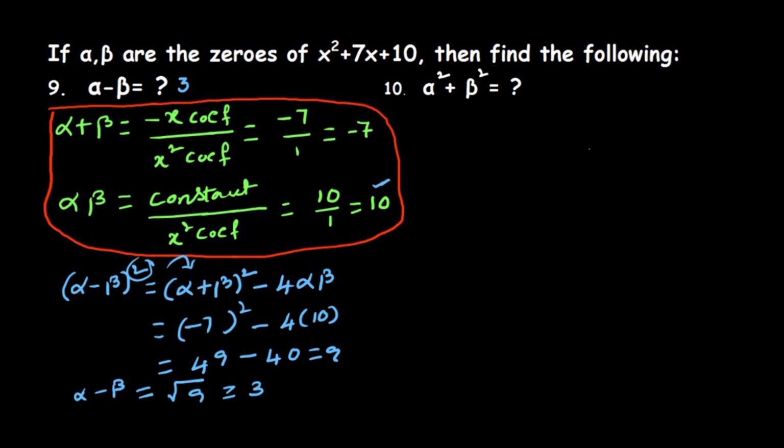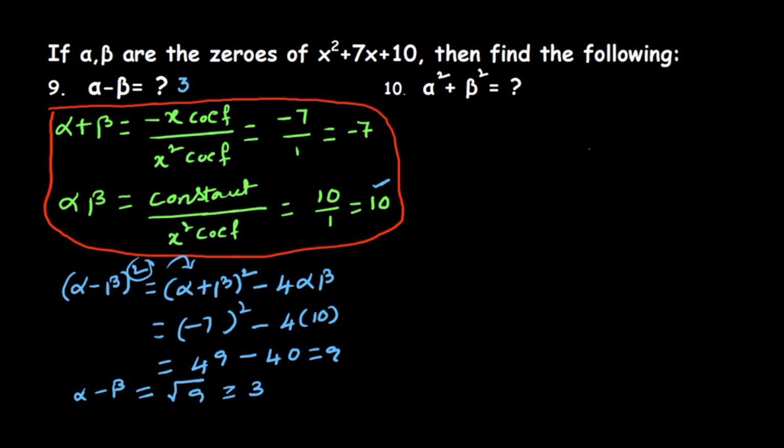Then we will get the answer, plus 5, sorry, minus 5 and minus 2. Using minus 5 and minus 2, we can also find alpha minus beta, alpha square plus beta square, whatever it may be. So that is also one of the processes. But for some polynomials which have imaginary roots, you can't divide into factors, so this is the best choice to solve that type of question.